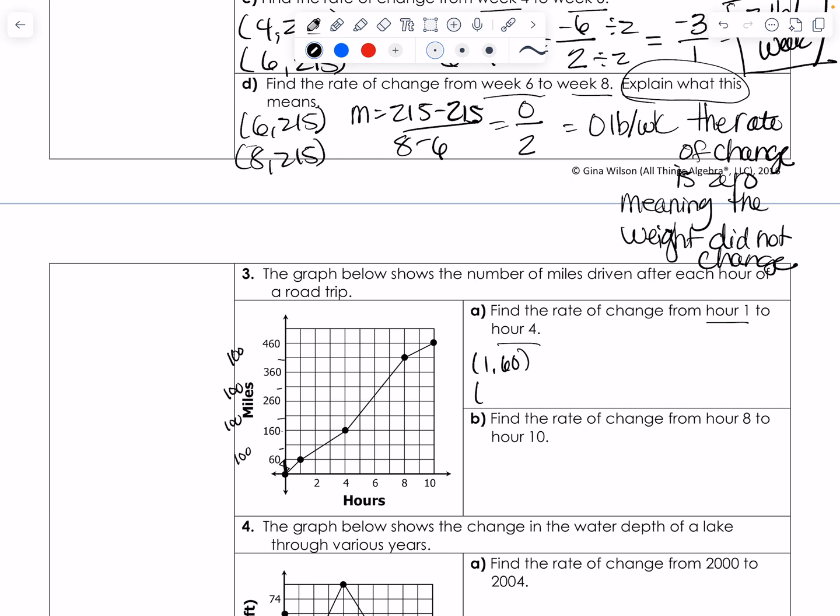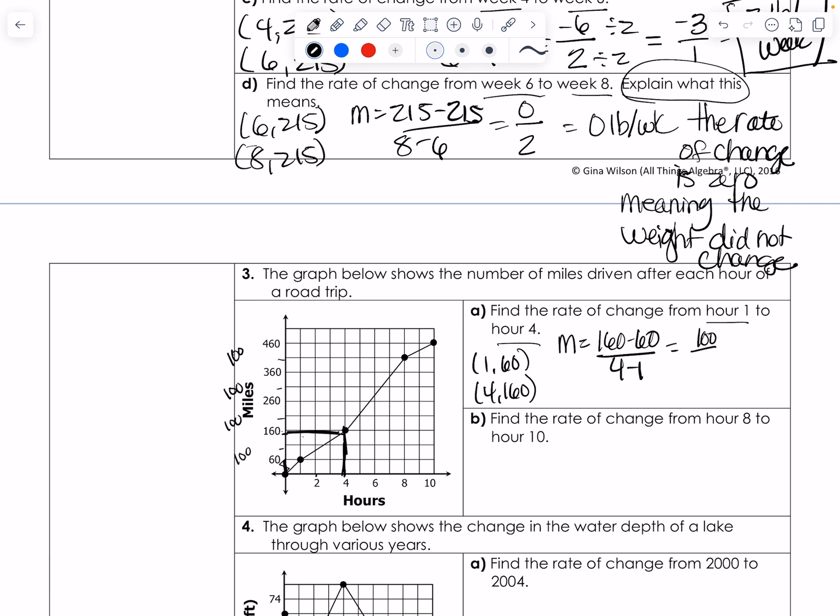And here's my 4, and 4 is going to be 4 and 160. So my slope formula, M is equal to 160 minus 60 over 4 minus 1,